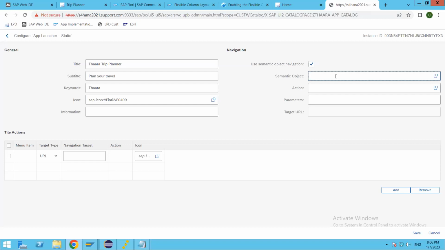Okay, the identification for the inbound navigation to this application is going to be the semantic object and action. So action can be different. The same application can be launched with different actions, I would say. But here we are just going to say maintain action. Semantic object is going to be